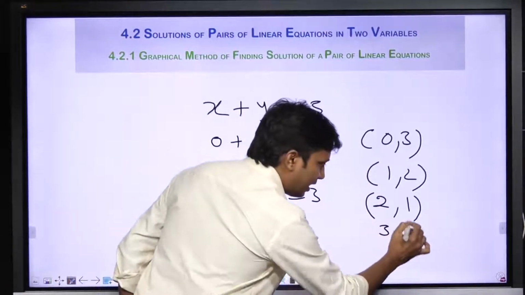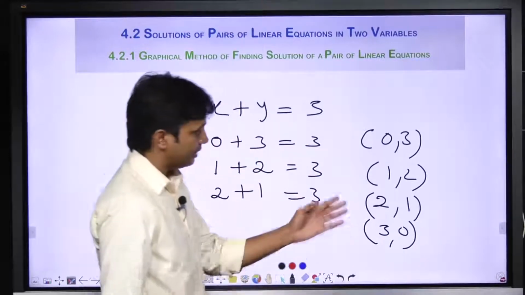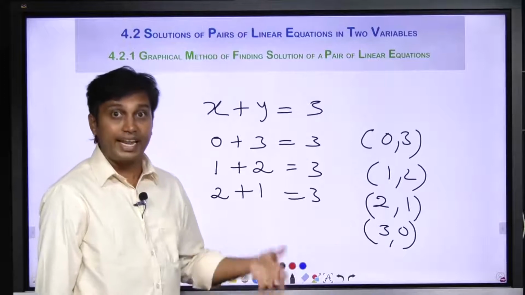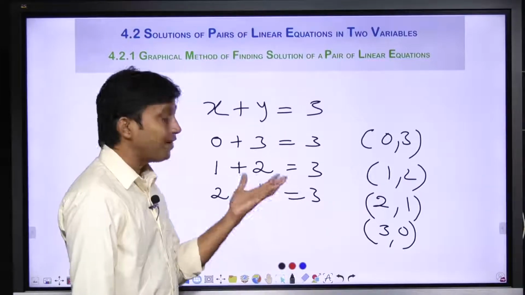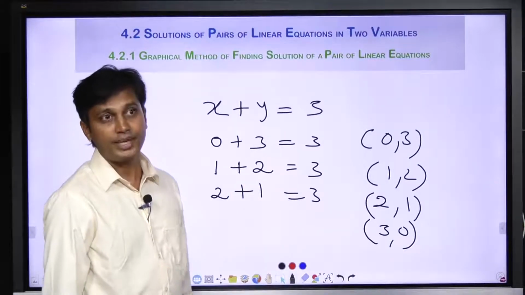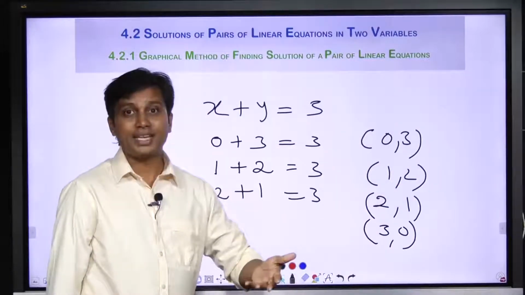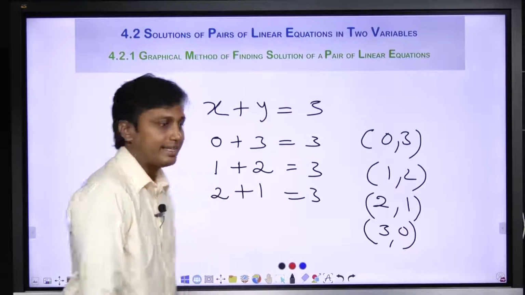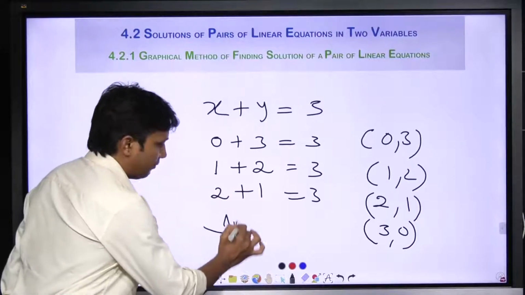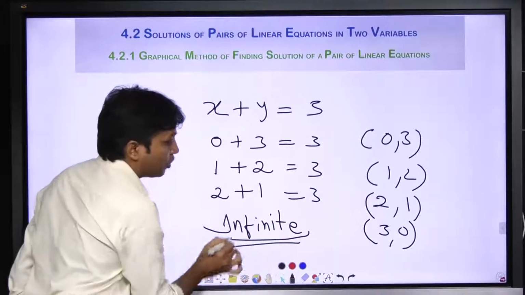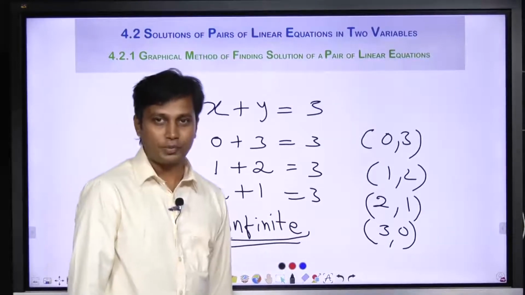Okay. So these are just positive integers, sorry, these are just whole numbers. Other than that, we can take rational values, negative integers. So how many values are possible for this ordered pair? Okay, for these ordered pairs, how many pairs are possible? Infinite. Understood or not? Infinite pairs are possible. Of course, we can't write all the infinite ordered pairs.